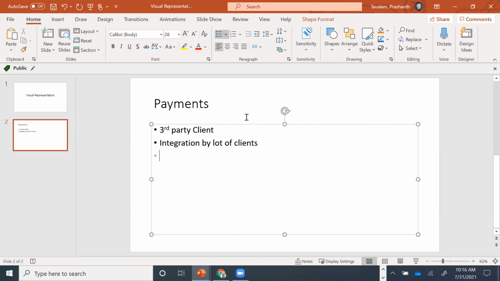Sorry, come again. Like third-party integration payment register, we have to integrate with the client. Whatever orders are there, whatever bills are there, they can pay on that. So in payments, a customer or client can make payment in many ways, by credit card, by debit card.